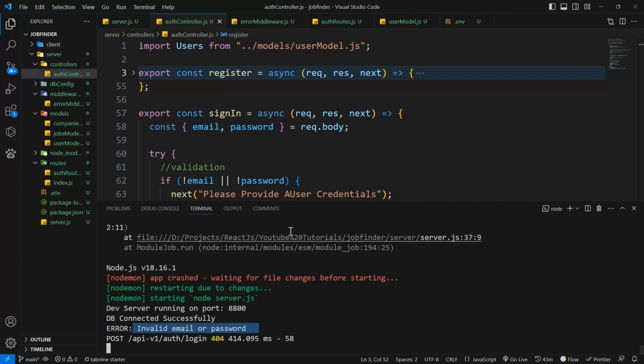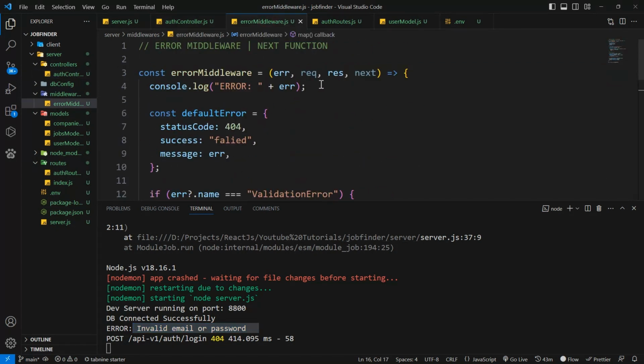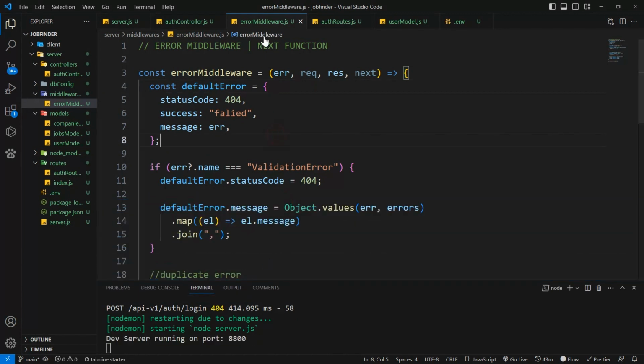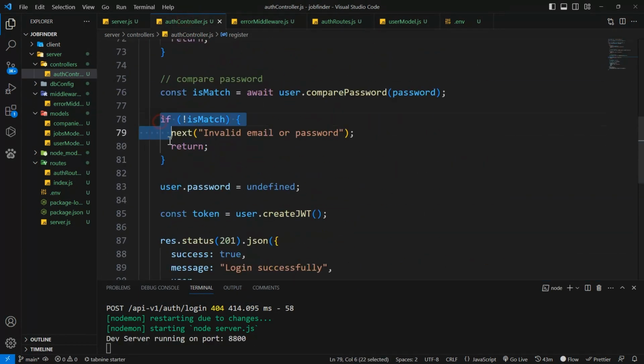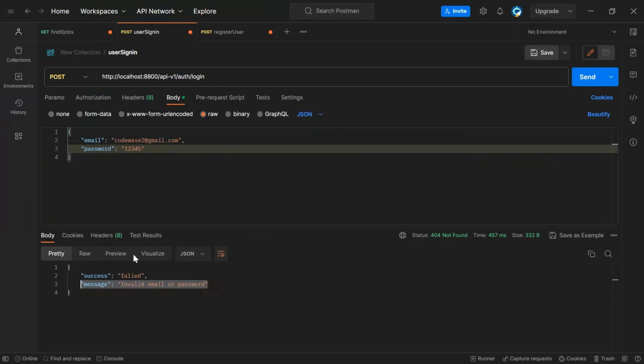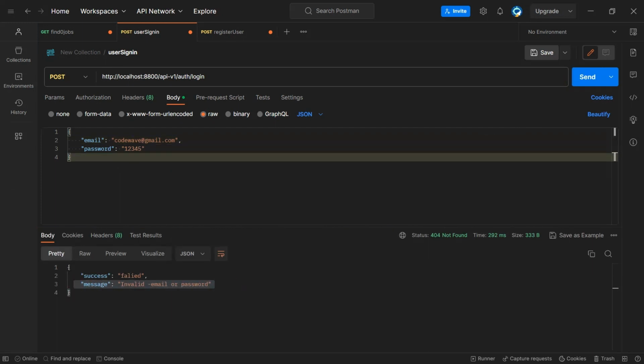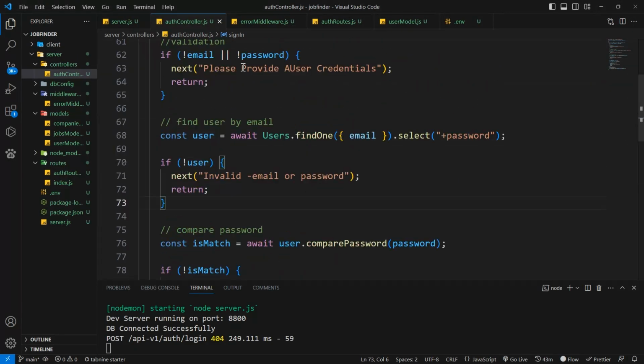Okay, let's remove this from here. Okay, so if the email is also wrong, yes, we get the appropriate message here. Okay, so now